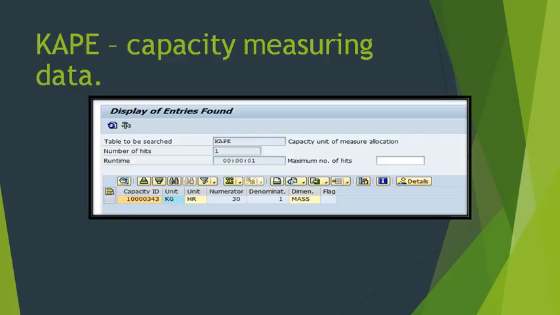Another table is KAPE. So it is used to measure the capacity data. So you can see the dimension is MASS, unit is hours. So it is used to capture the capacity measuring data.